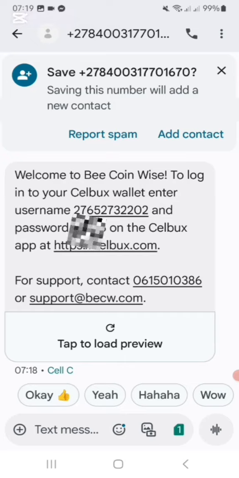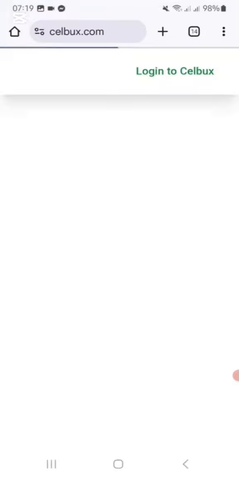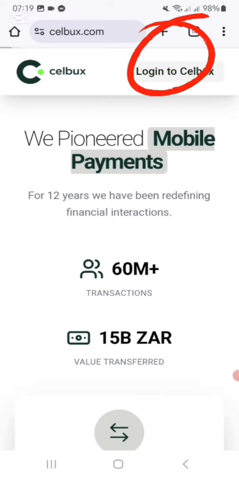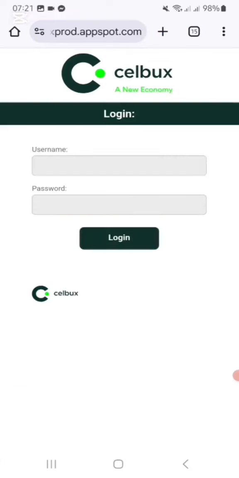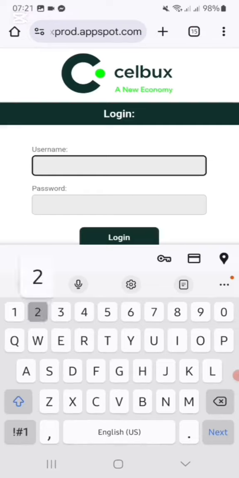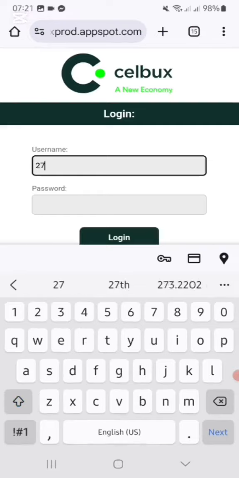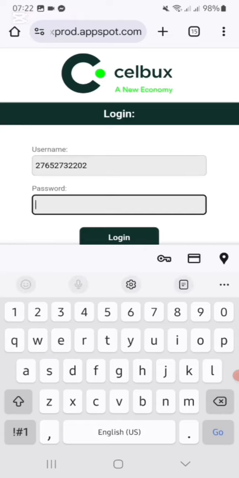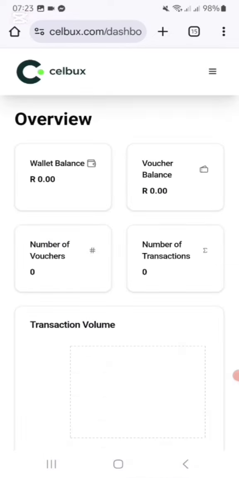So now I'm going to click here on the HTTPS at the bottom because now I'm going to register, log into Cellbucks. You're going to click there and you're going to put in your username. Remember, it's the 27 without the 0. And then your cell phone number. And then you're going to type in the number that your SMS said. I'm going to log in. And here you can see when you've started earning, you get paid every Friday as soon as you've got somebody that joined before Wednesday, 5 o'clock.